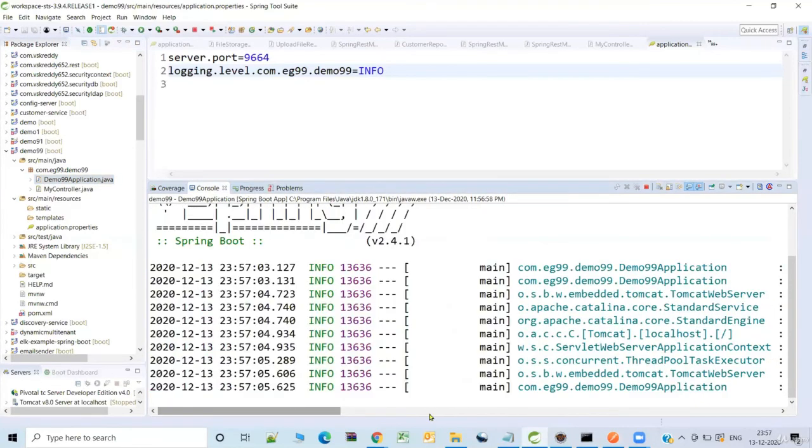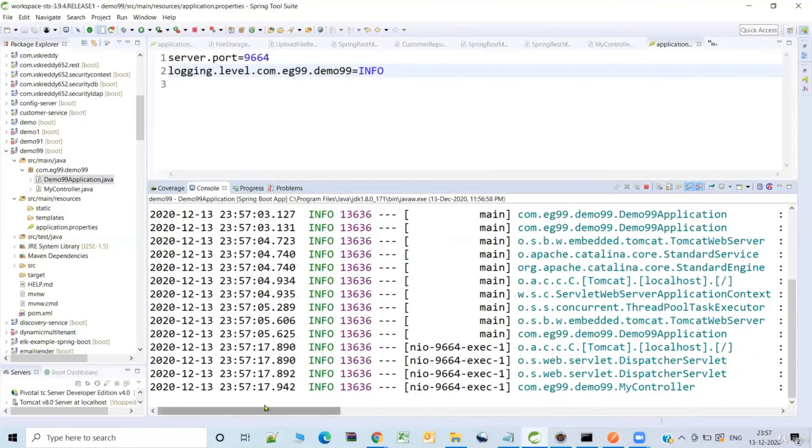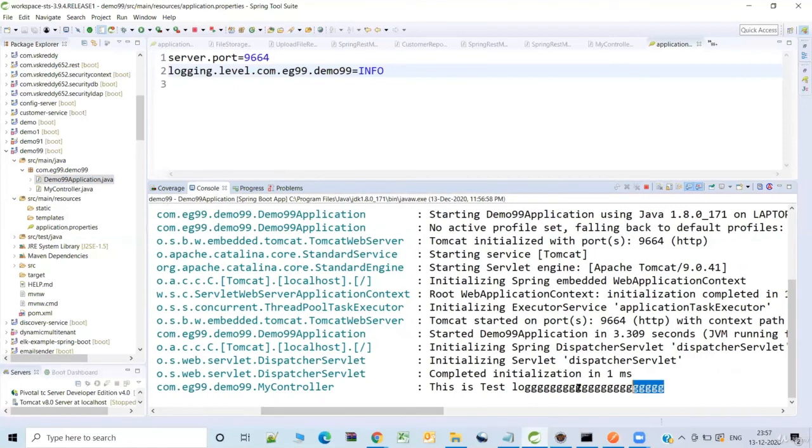Now let's hit the REST endpoint again. As you see here, you can see the log again because we adjusted it to info.